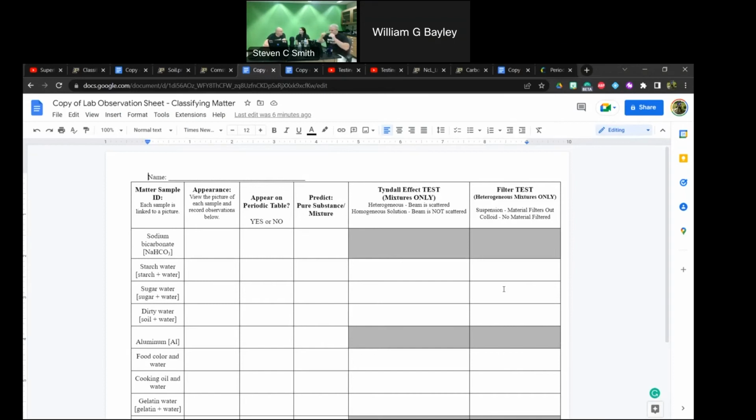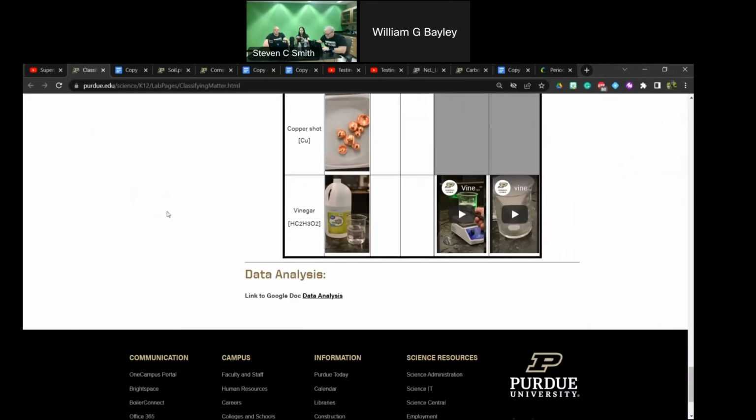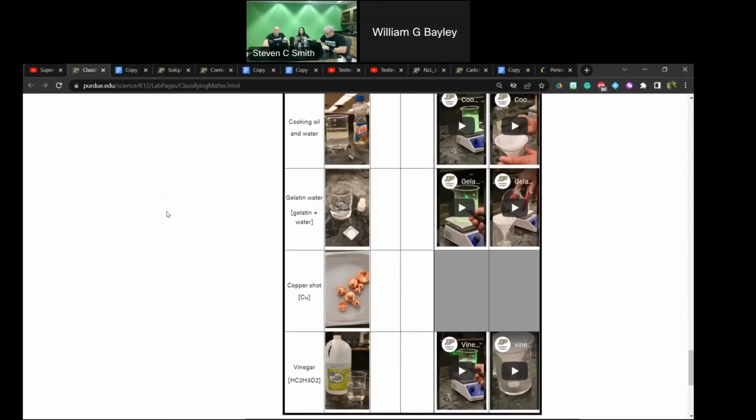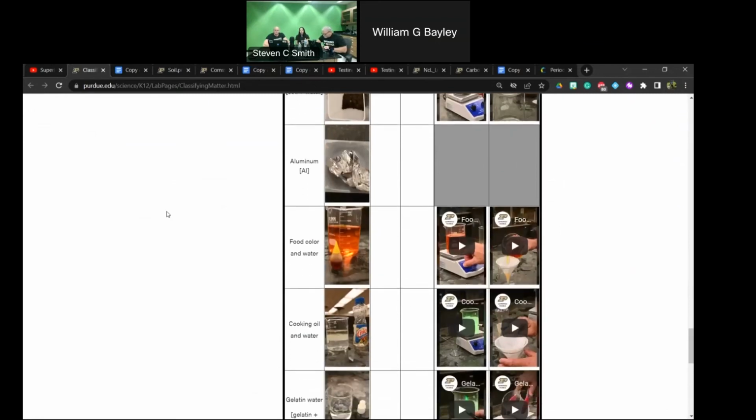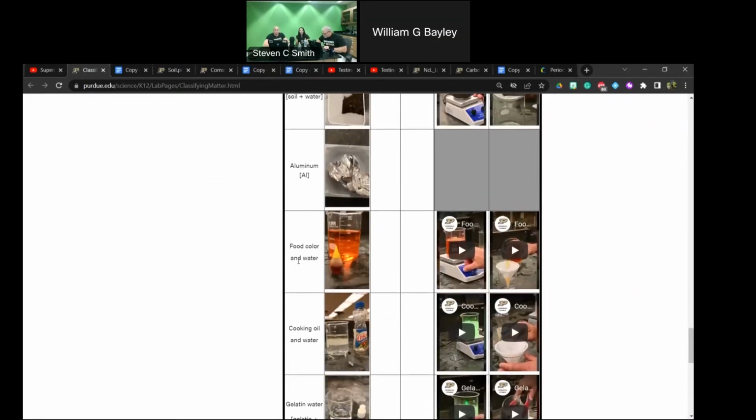All right. So I will have, again, the request for an answer key at the top. I'll have answers for the guided notes, the pre-lab that we go through, this lab observation sheet, and then the data analysis. So I'll be able to send you those if you want them, great. If you want to fill out your own, that's perfect too. But if you complete that form, I can send those off. It'll be after our couple days of virtual PD here, but we will get that emailed to you.